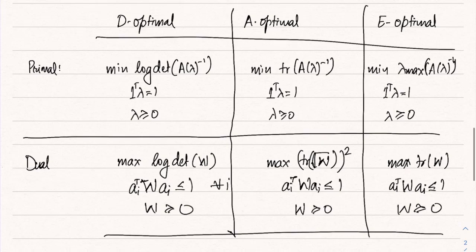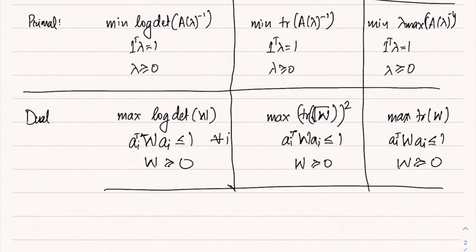Now what does the dual problem remind you of? If you remember, this is very similar. A constraint like ai transpose w ai less than or equal to 1 is very similar to the quadratic discrimination problem that we have seen. In fact, there are no points outside. What we are saying here is that if I denote some points by ai, so ai are some points from 1 to k which are given to us, this problem or this problem or this problem basically involves finding